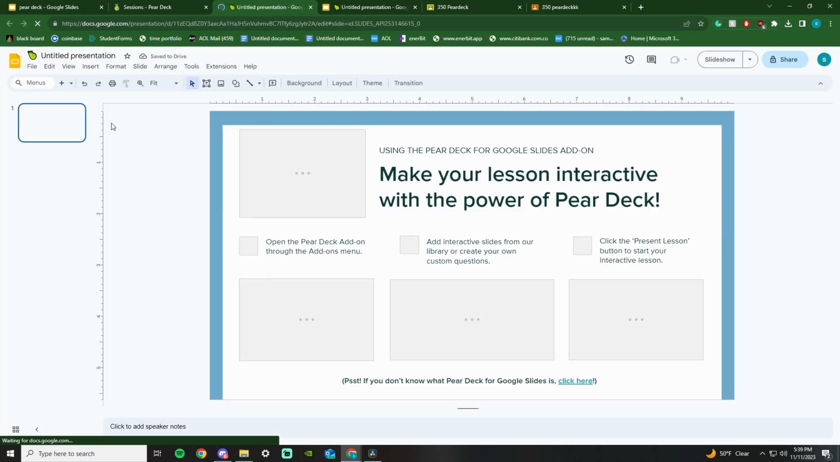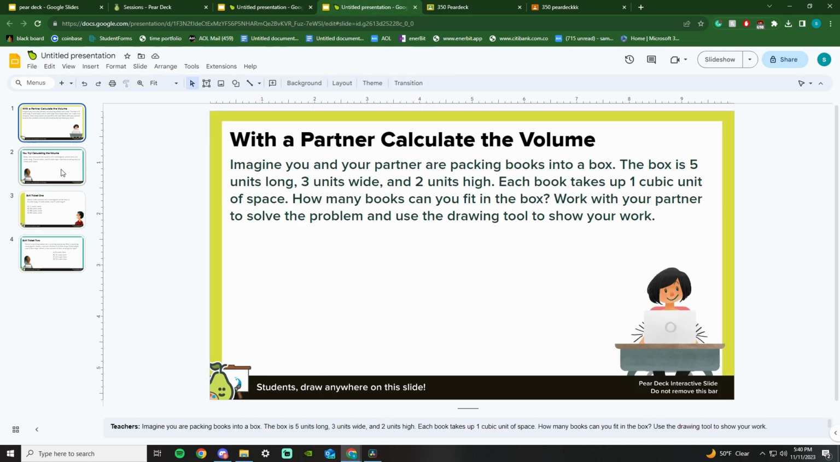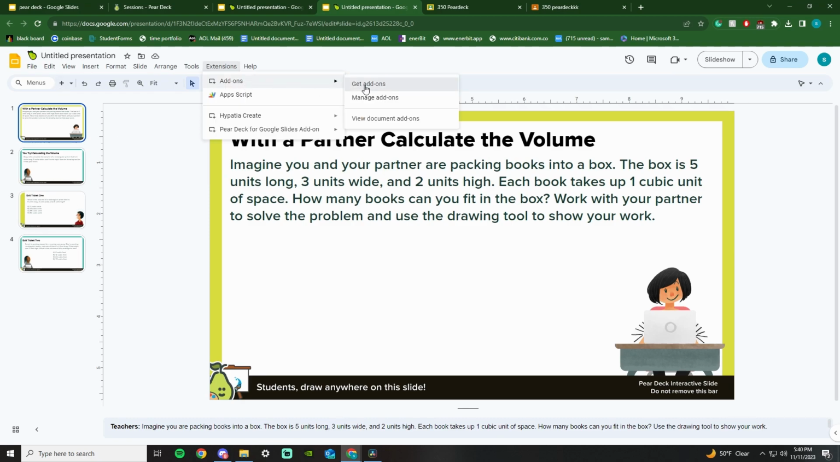All right. Once the slides appear, you can either import a lesson you have already made or create a new lesson on slides. For this lesson, we'll just use this demo lesson on volume. So once you have your lesson made out, you'd go to extensions, add-ons, get add-ons,